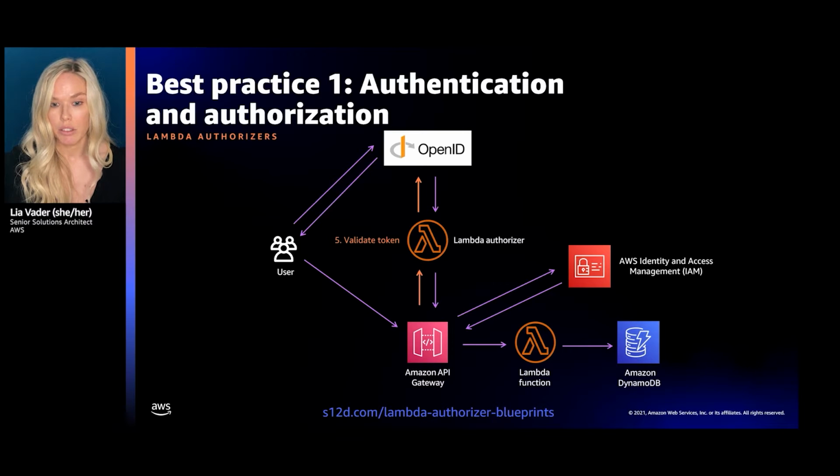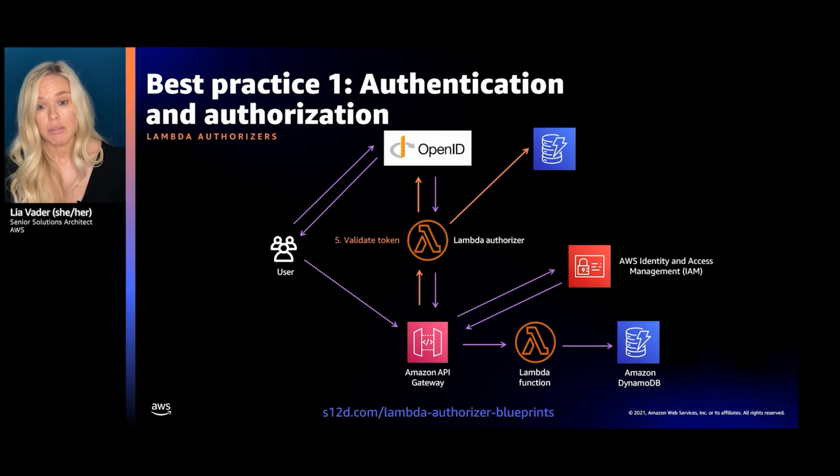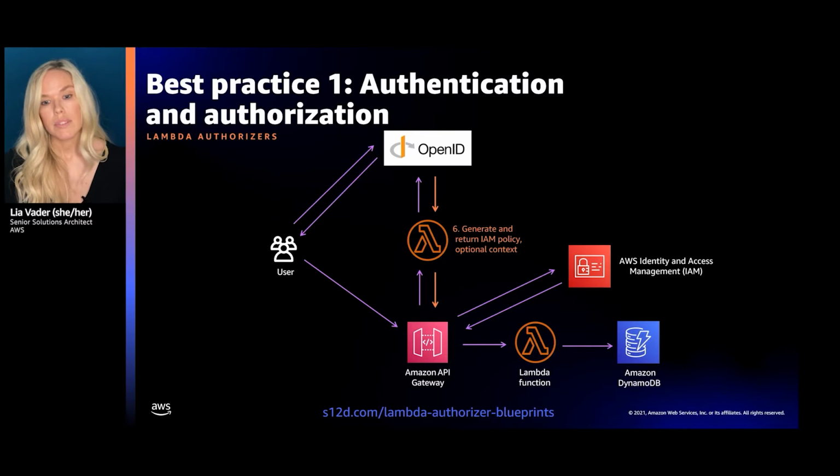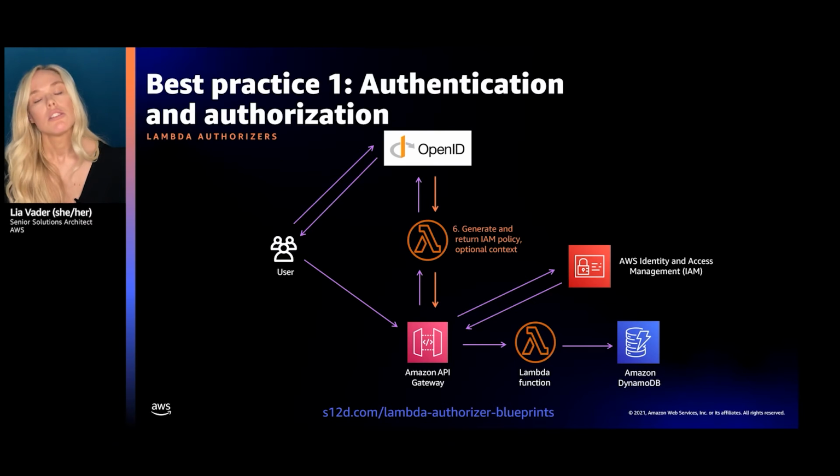So we invoke your Lambda function, and this is your code. You can validate the token, you can call your identity provider, or you can do something like perform a lookup to DynamoDB and determine if it's authorized. Next, your function needs to return a fine-grained IAM policy. This will be specific to the client and will determine what paths or methods this client has access to. It can also return context to your downstream Lambda functions or an API key that can be used for throttling.